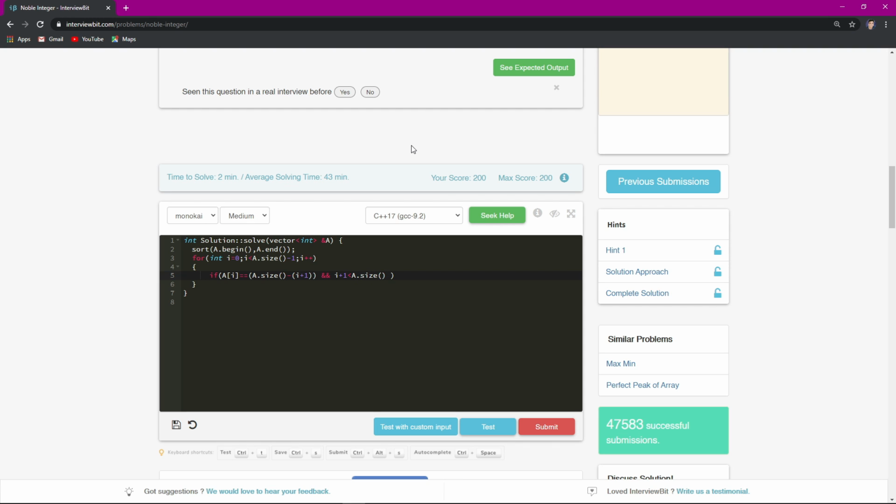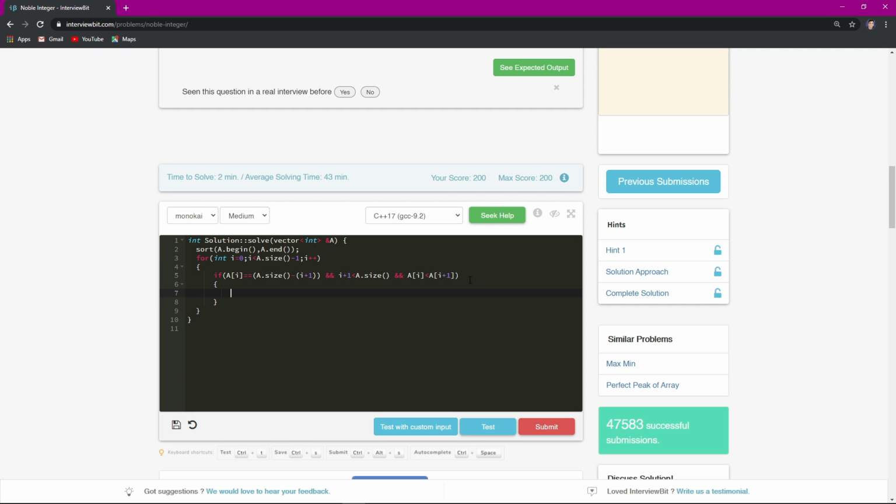And I will check a of i is less than a of i plus 1, just to avoid the overflow condition. Now suppose I have 7 and I'm trying to compare it with 8 beyond the limit, then in that scenario I will get an error. So that's why I'm checking this over here.